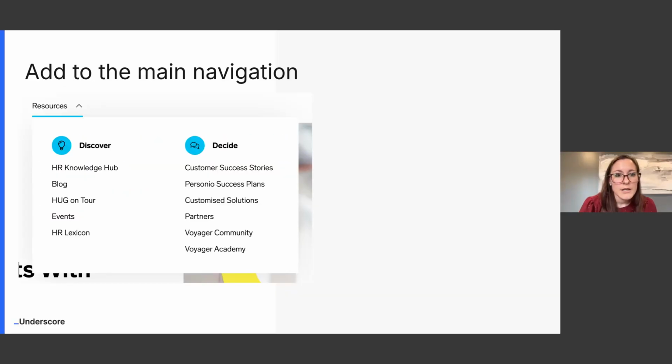But again, I would go back to the example from Personio on their website. Not everybody's going to have access to everything, because it might depend on the level of user role that you have or what type of partner you are. Sometimes I'll even see an academy in a navigation, but then you have to log in and be a customer, right? So it doesn't mean that I can't say that we have this education. It might just be restricted to certain users, and I think people understand that.